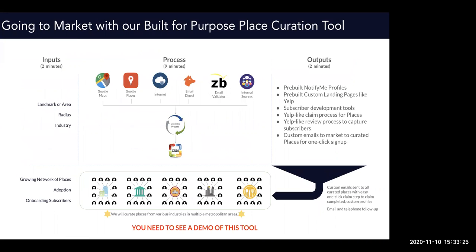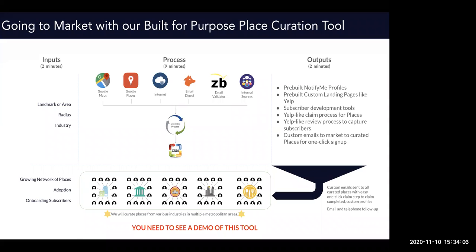This is what our place curation tool looks like. It's a really, really simple tool. In 2 minutes, I can go into London and build 60 very rich profiles based on 3 simple inputs, but going through a very complicated process that is mostly automated, but does have some human oversight, where we're sucking in data from all kinds of SaaS platforms, massaging that data with a little bit of human intervention. It takes about 1 minute per place to complete the